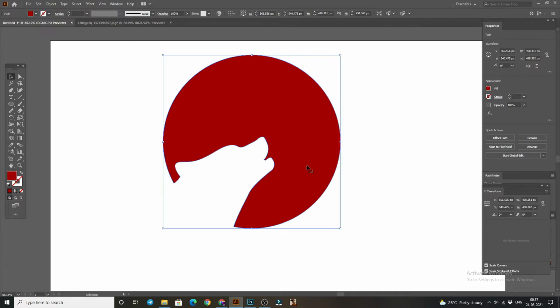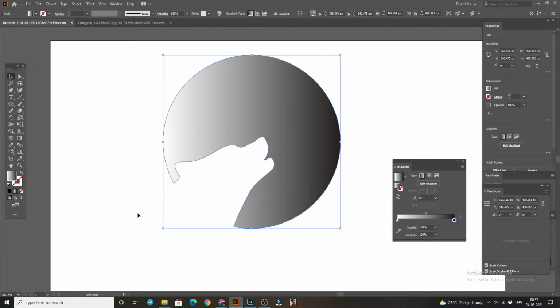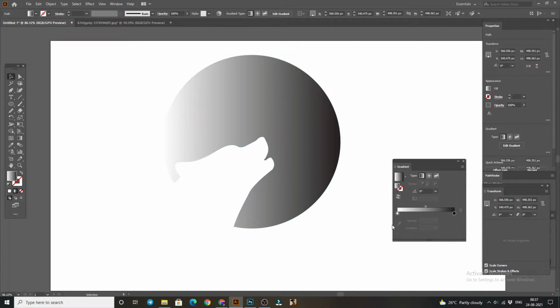can change its color. So first we can use gradient color here. Select the gradient panel from here and now put the color. So I am just putting blue color here.